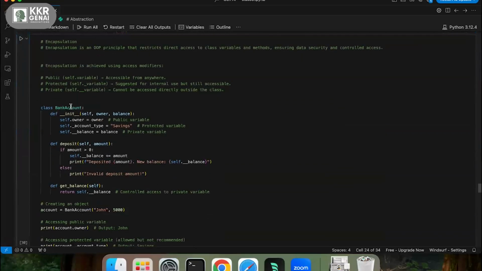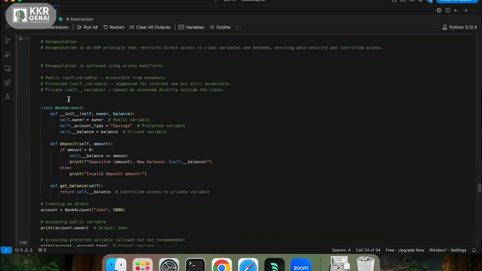So as I said, whenever we are talking about encapsulation and data security, we need to ensure that data security is maintained. To do that, we have three access specifiers. One is public, second is private, and third is protected.